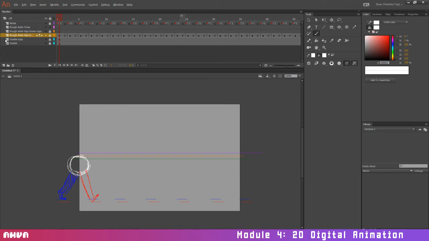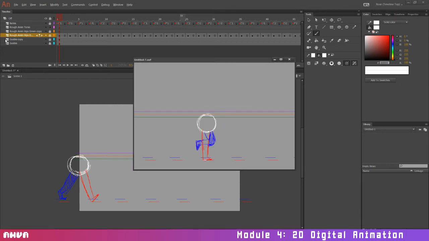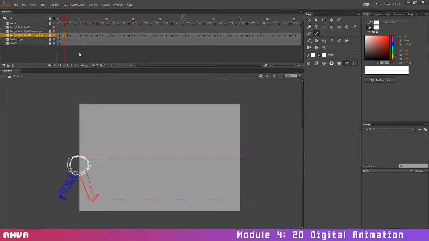Okay, so now if we view it, I'm gonna hit this, we'll see what screen it comes up on. You can see how nicely it's timed now, right? Just a very basic walk. You can see what a difference it makes. And if you want to, what you can do is you can in between these. So